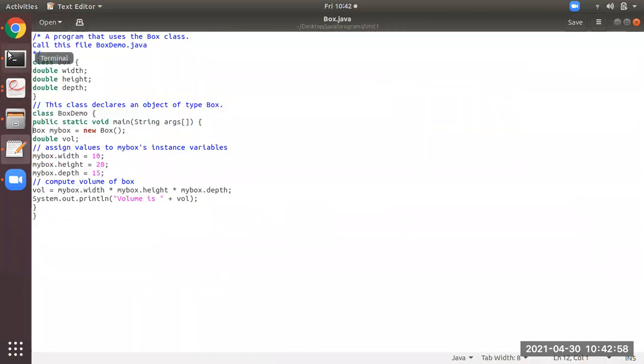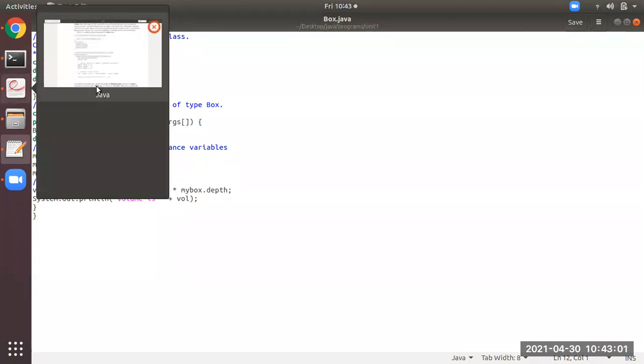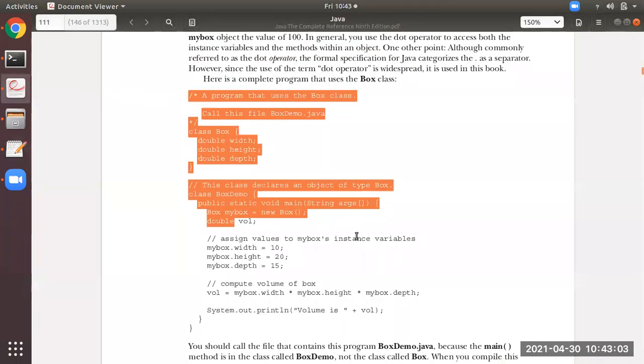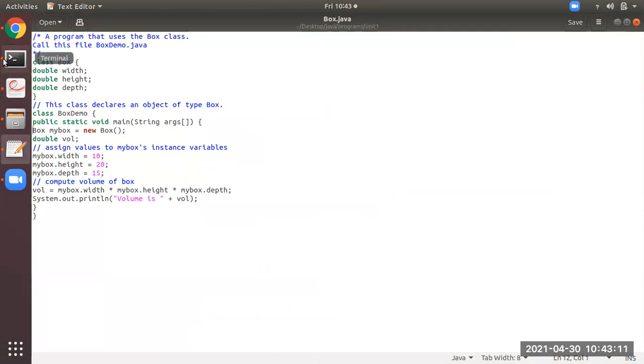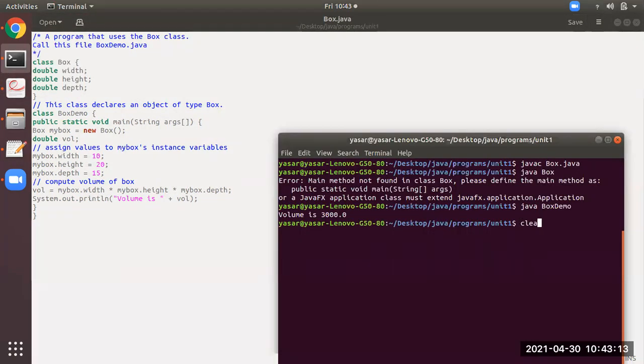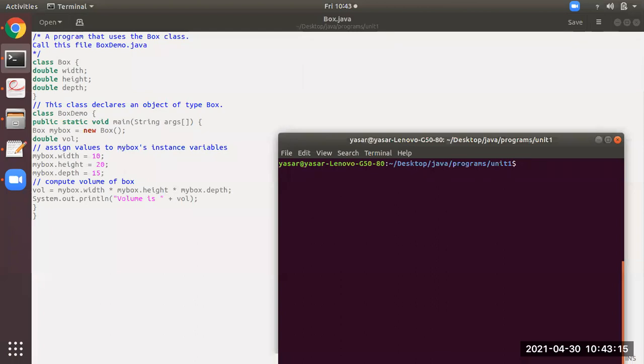Here is my program, the program which is there in the textbook. Students, please concentrate well. If you want to record it, you can record it also. This is very important, the one which I'm going to explain now. First of all, I will execute the program and show you. This is in a notepad which I have written and saved. I will say it not as notepad but as a file.